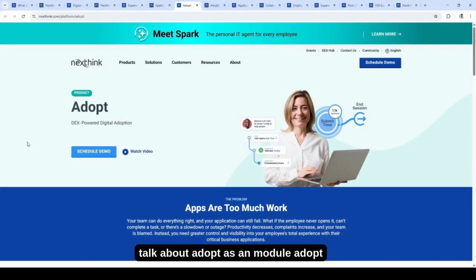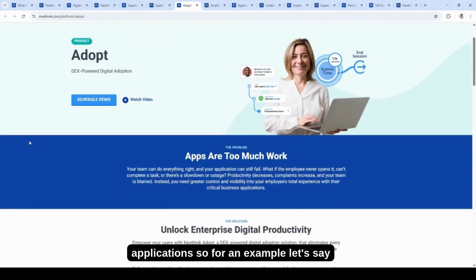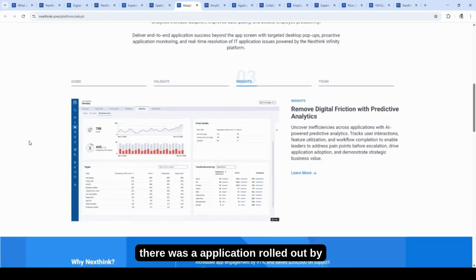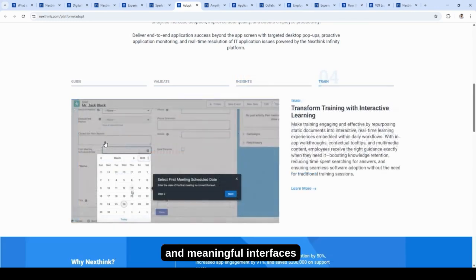I'll talk about Adopt as a module. What Adopt does is it provides the power for an IT or the change management team or the adoption team to help employees navigate the newer applications. So for an example, let's say there was an application rolled out by any enterprise, and then the users are finding it difficult to navigate through the application. So through Adopt, you can create those beautiful and meaningful interfaces